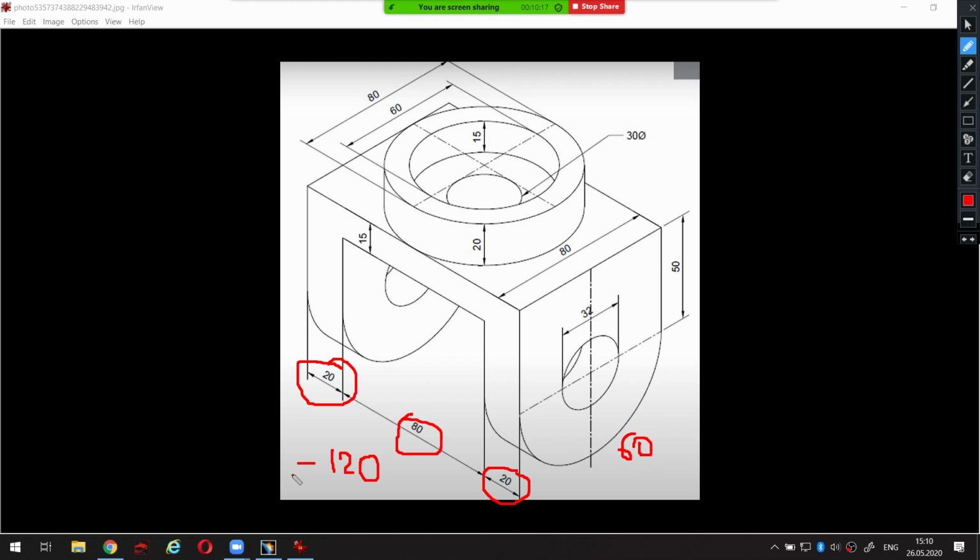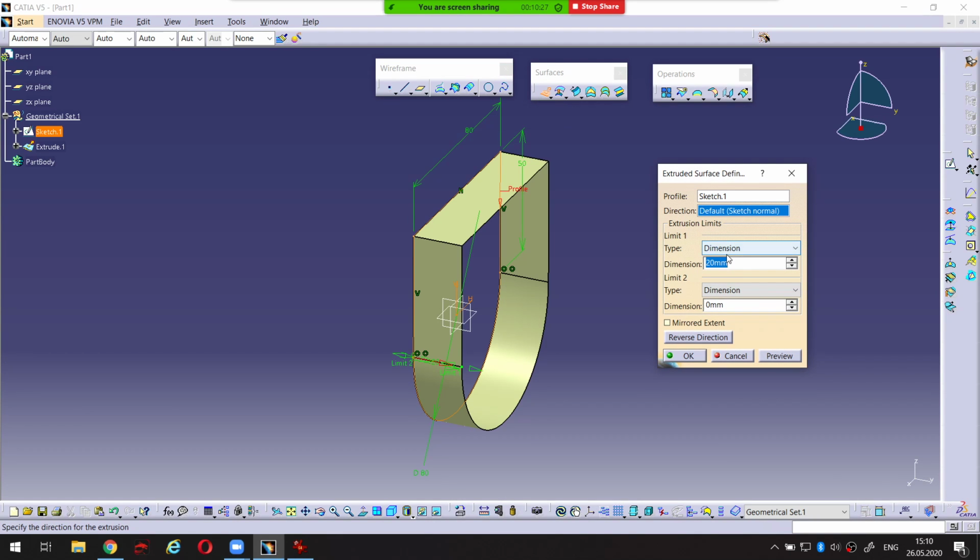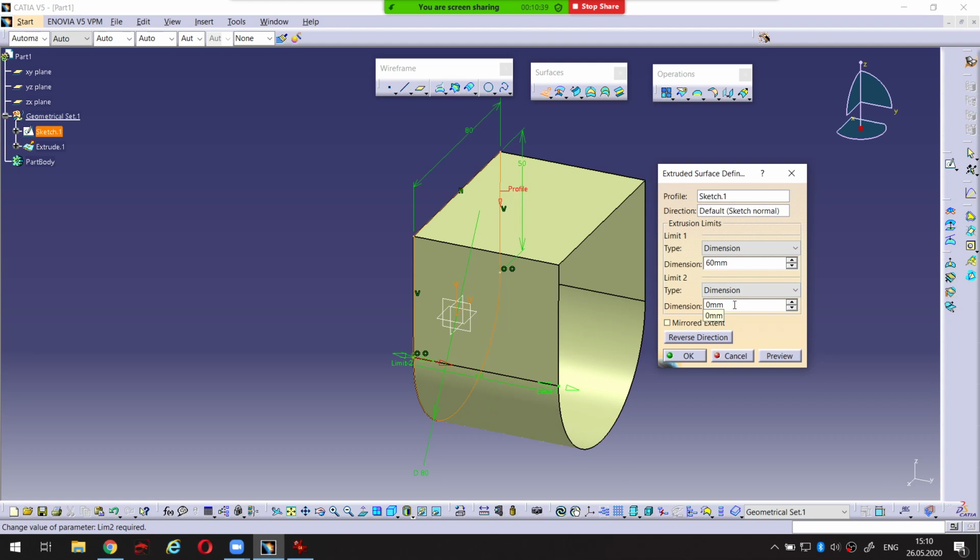Okay, 60 millimeters to two sides, something like this. So click on extrude. Here, on dimension of first limit, I type 60 millimeters, and I can also type here 60 millimeters,